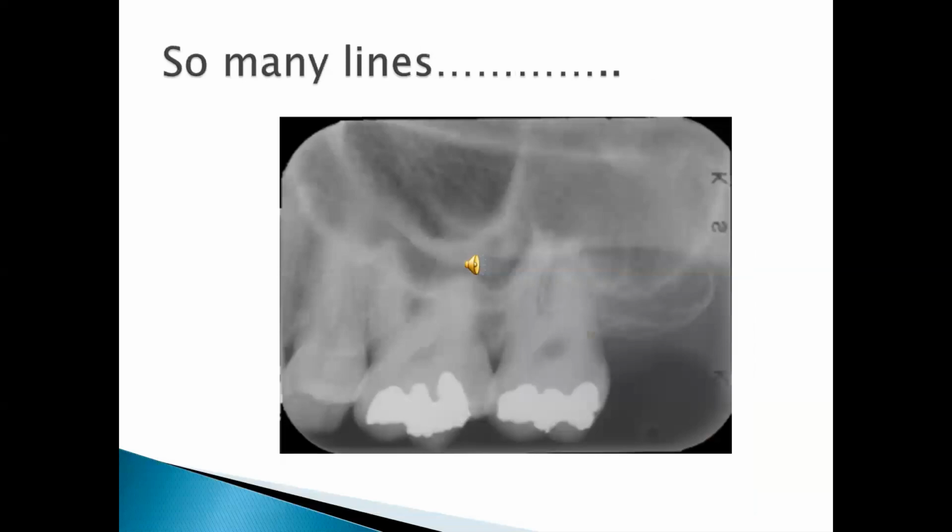The posterior region of the maxilla is perhaps the most difficult area to interpret. Now this is because there are a series of radio-opaque lines which overlap the roots of the molar. If you can, make a guess of what these lines could be. We'll have the answer in the next slide.